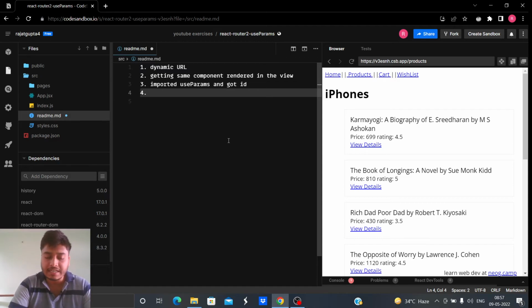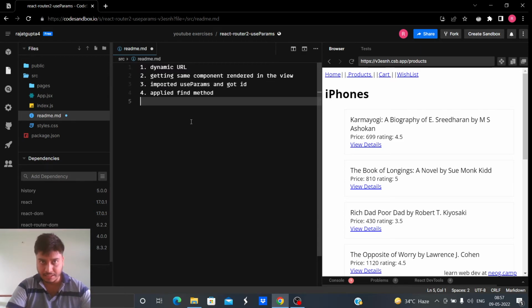Finally, using that ID, we applied the find method, so that we could find the product corresponding to that ID. And where are we getting that ID from? We are getting that ID from this page.